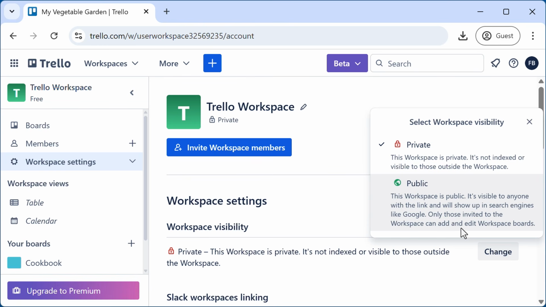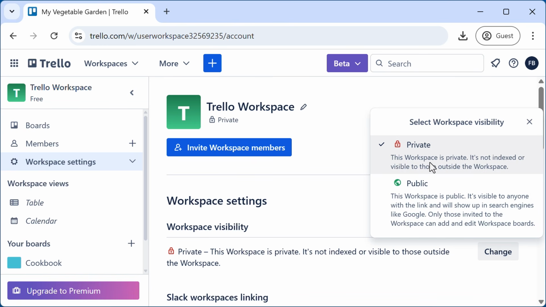If I do that, this workspace and all the boards in it will become visible to anyone with the link and will show up in search engines like Google. But still, only those that I invite to the workspace can edit and add stuff to it.